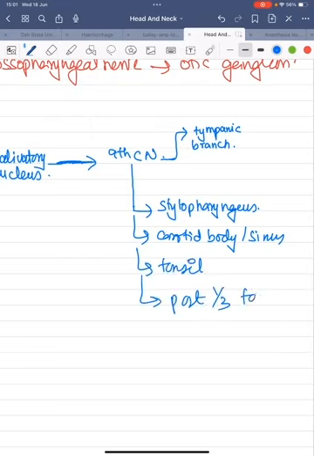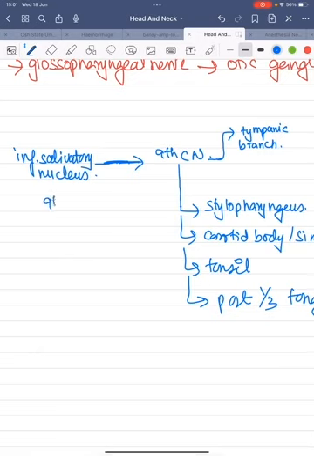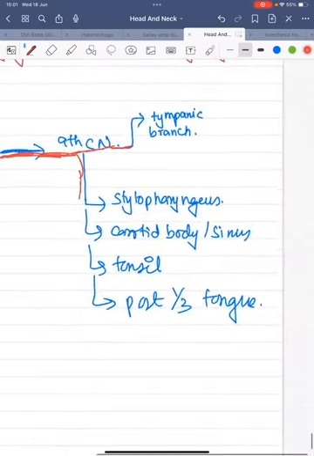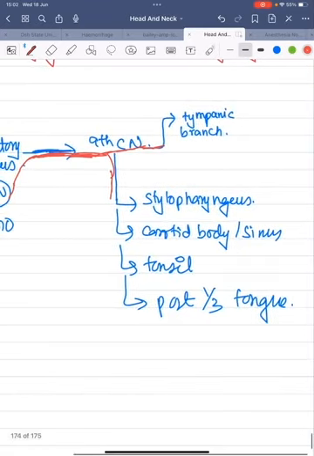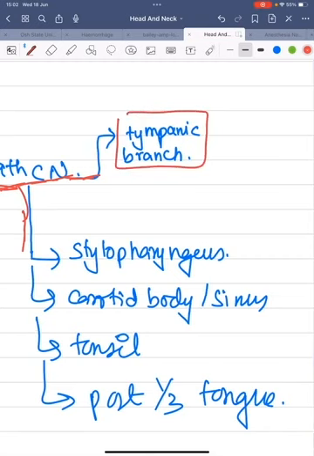Okay, inferior salivatory nucleus, and here you have the ninth cranial nerve nucleus which is present in the medulla oblongata. So fibers are going here like this, and then it is dividing into two branches like this. Okay, now see here, this tympanic branch is important for us. This tympanic branch is entering into the middle ear